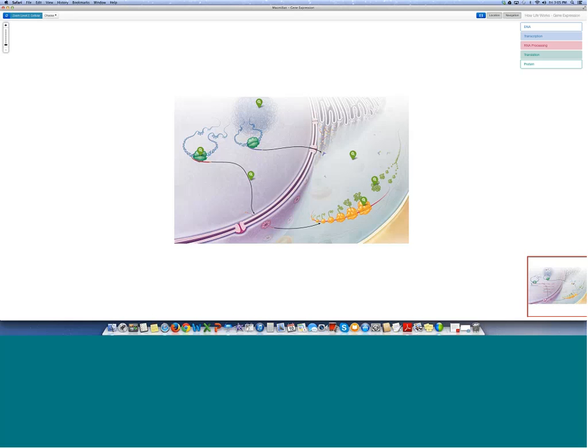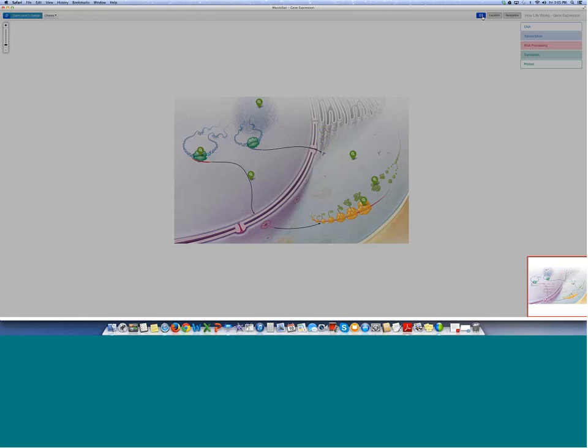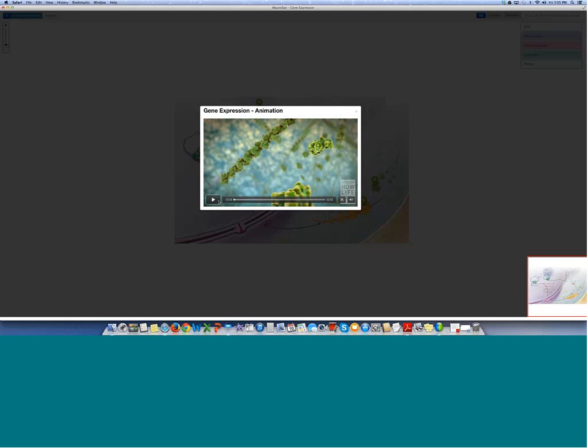So what you're looking at right now is in fact a map, but what is also important is that we have actual animations that go along with it. And so what I'll do is I will bring this down a little bit so that you don't need to hear me talking twice. But with this animation, what this allows us to do is to use the process of visual representation as a way to unpack what's happening ultimately in a biological process, but to give students more agency in terms of understanding